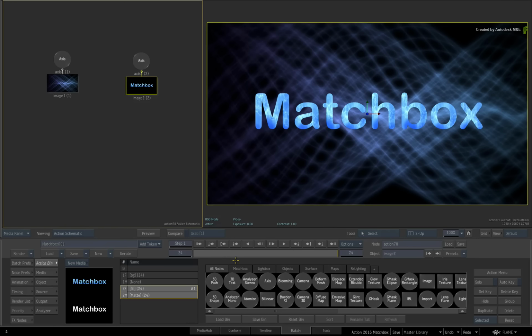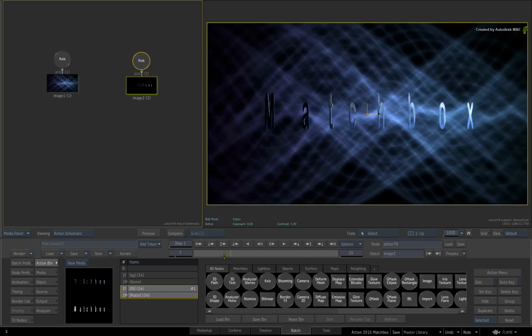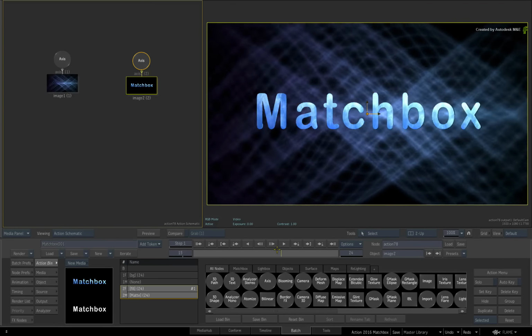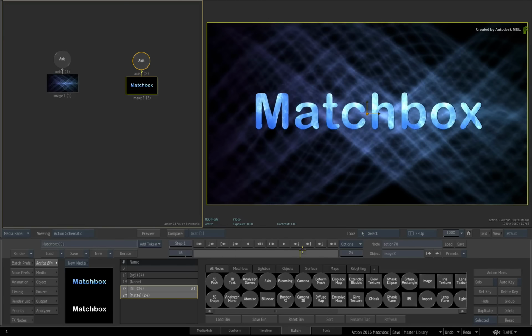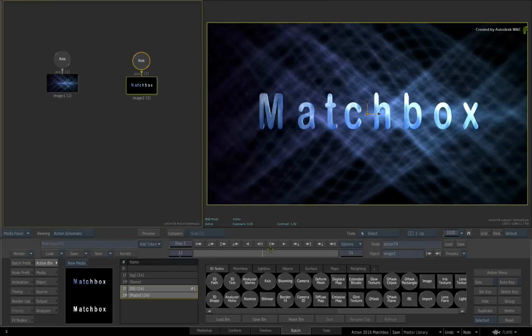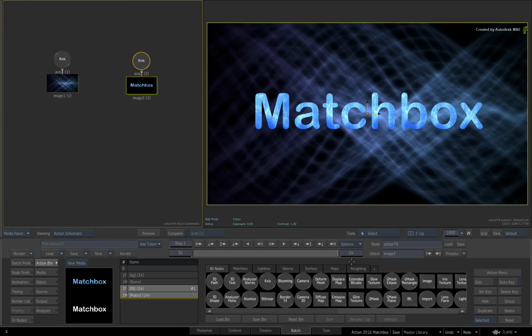In the previous video, we introduced the fundamentals of how Matchbox GLSL shaders work in Action. We reviewed the Action pipeline, as well as covered the basic workflow of applying Matchbox nodes in the Action schematic. In this video, we move up another level and start looking at combining and managing multiple Matchbox shaders in a